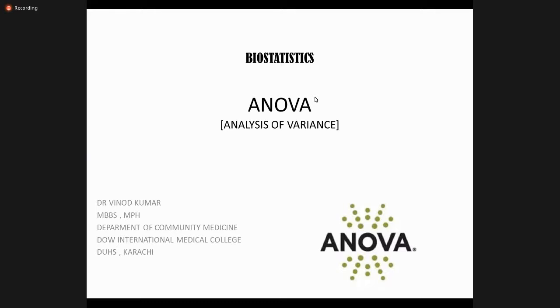So basically, analysis of variance or ANOVA was developed by Ronald Fisher in 1918, and ANOVA is basically the extension of the Z-test and T-test. So why the need for ANOVA? Why not the T-test? We are discussing these things in today's session, and we also look at ANOVA, its calculations, and how you interpret the results. So let us start.